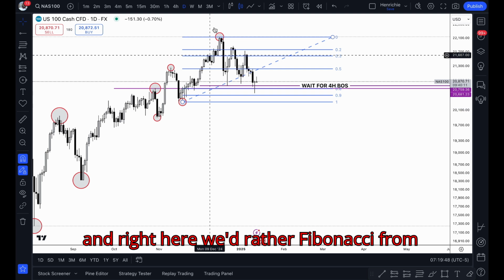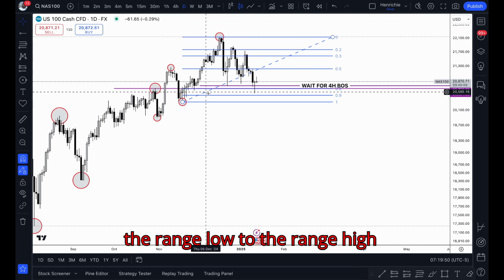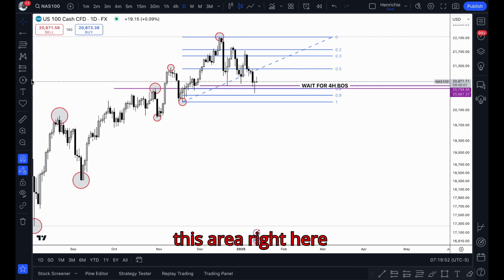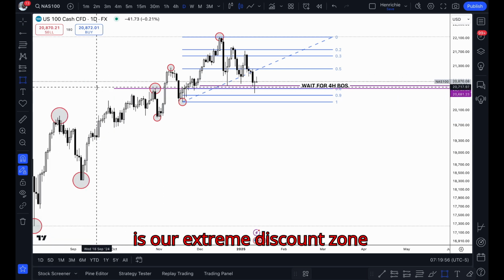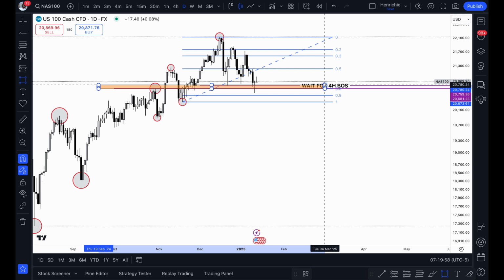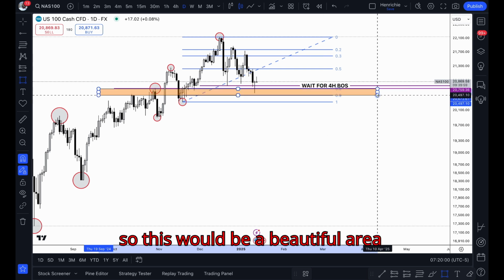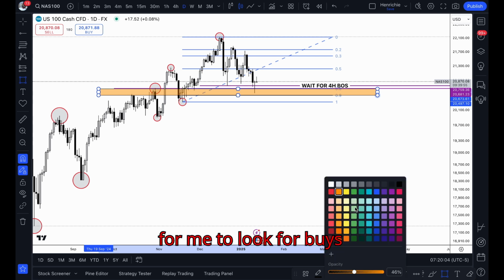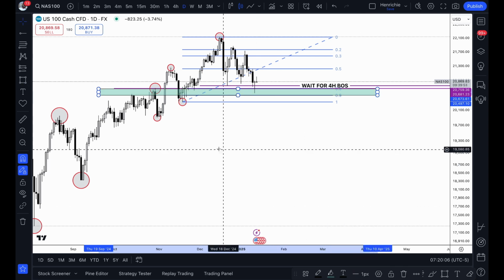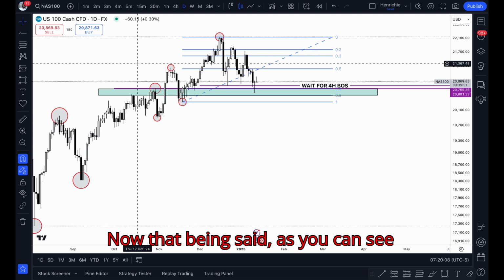And right here we draw the Fibonacci from the range low to the range high. This area right here is our extreme discount zone. So this would be a beautiful area for me to look for buys. Now that being said, as you can see